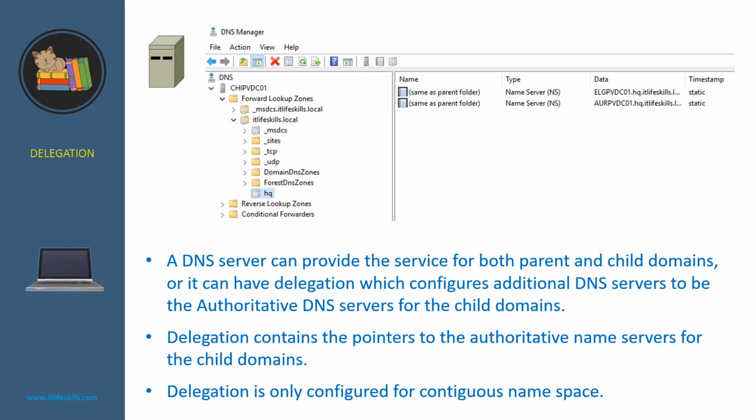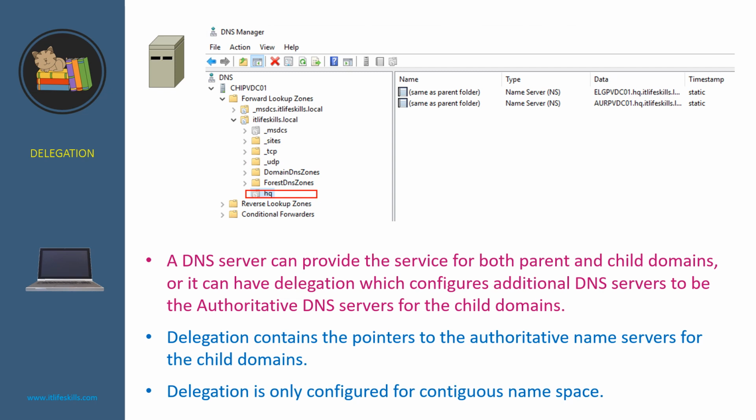The next concept is delegation. As you may know, a DNS server can provide the service for both parent and child domains, or it can have delegation, which configures additional DNS servers to be the authoritative DNS servers for the child domains. So in this DNS server, GPVDC01, we see that it hosts the parent domain itlifeskills.local, and it is configured with the delegation for the child domain